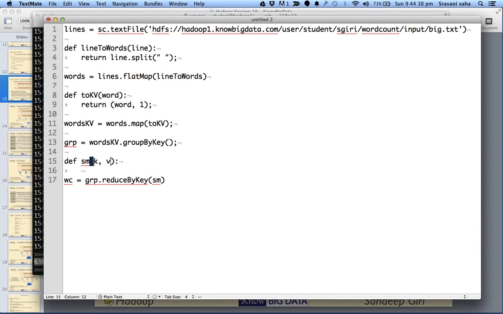So our summation function would look like, okay, and we can say return, this is v1 v2, and it will return v1 plus v2. Okay, so everybody with me till here?